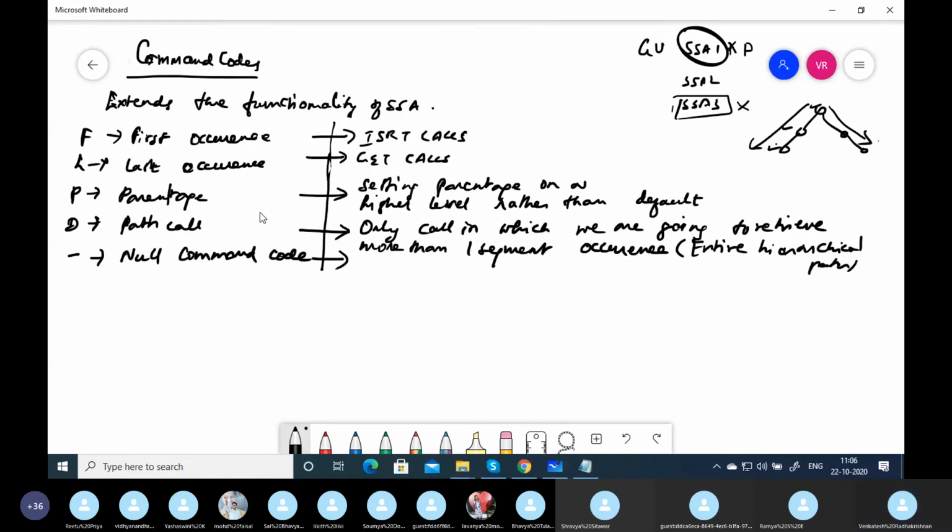So a path call is a high level call. If you want to retrieve data from more than one segment, we go for a path call. You just give star D in positions 9 and 10 in an unqualified or qualified SSA. Remember, whenever you use a path call, make sure the IO area is pretty big, because you are going to accommodate more than one segment occurrence. Another very important thing: for issuing a path call, you have to make sure you have the P path call option in the processing option of the PSB.